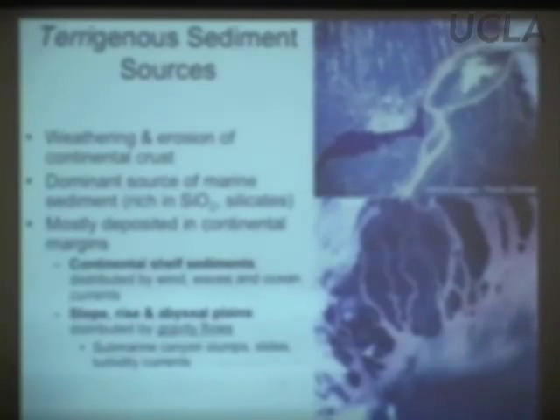So, terrigenous sediment sources. Probably this basic process is familiar to you. We have mountains, they're eroded by rain, creating sand and gravel and clay, and those particles are transported by rivers out to the seashore. Since rivers flow faster with more energy than the ocean as a whole, generally sediments don't make it very far once they get to the margin of the ocean, and they tend to drop